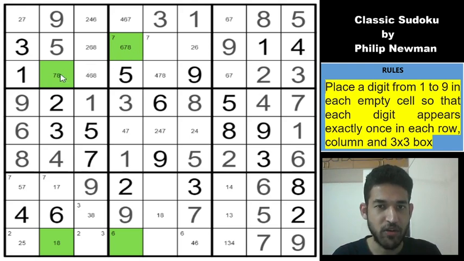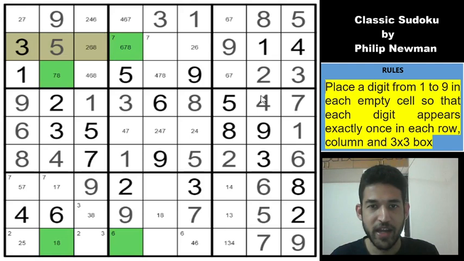Must at least be in one of these 2 cells, because if it is not in these 2 cells, then 8 in column 2 and 8 in column 4 will both go in row 9, and that will lead to a contradiction, right? So 8 must be in one of these cells, so you can remove 8 from cells which see both of these cells. Beautiful, right? So which means that you basically can eliminate 8 from all these cells.